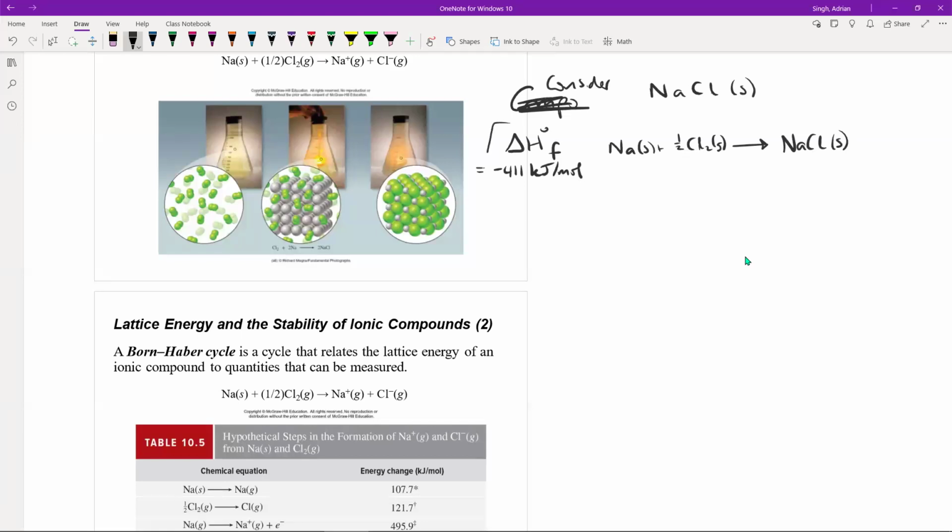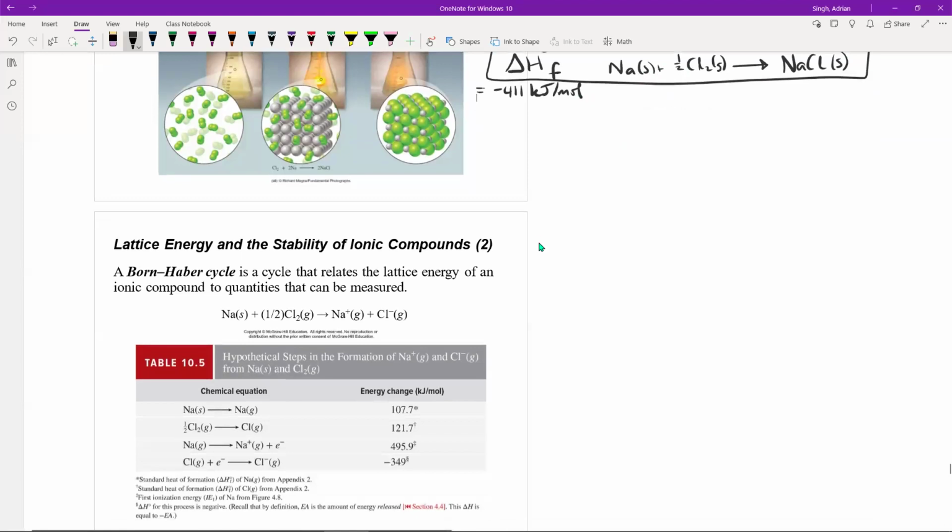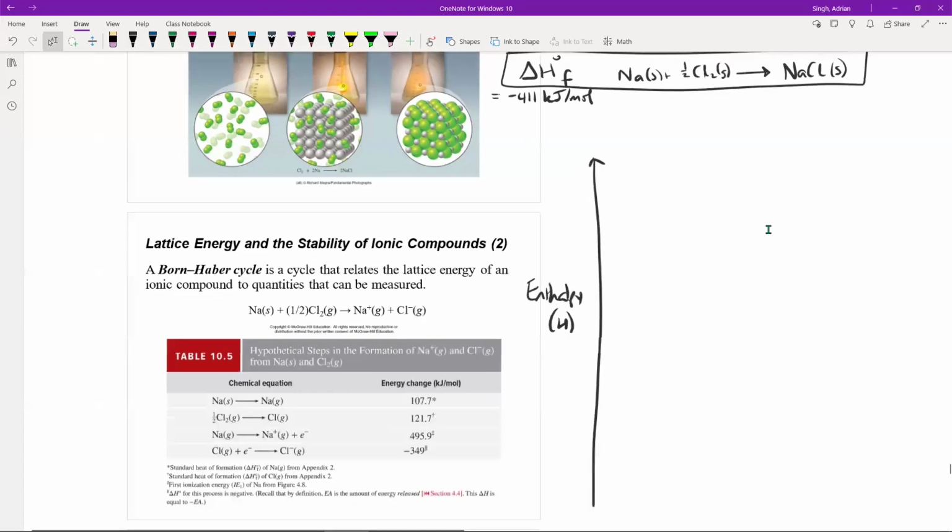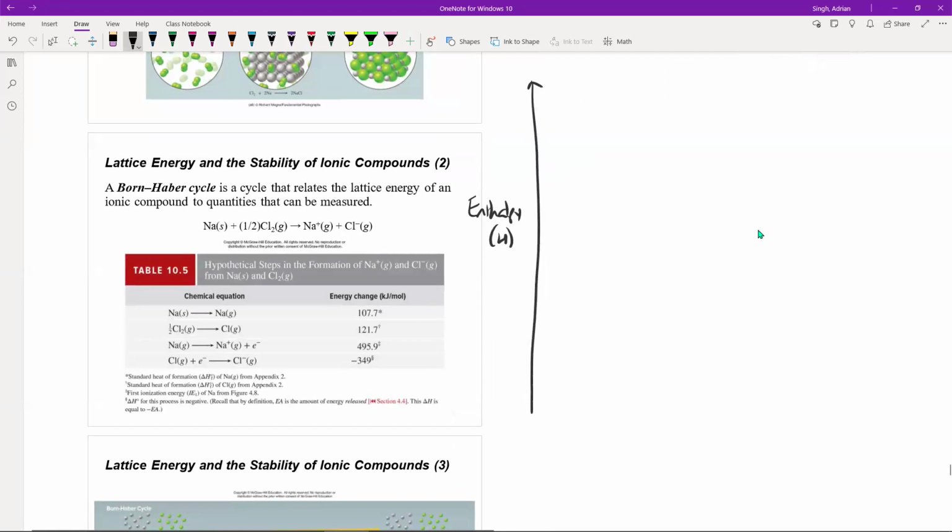Okay, so we've seen this before, the delta H of formation, the standard enthalpy of formation for compounds, the formation of 1 mole of that thing from its elements in their standard states. So if we consider that overall reaction, how does that actually happen in the first place? This is where we're going to start constructing a Born-Haber cycle. We have here on the y-axis our increasing enthalpy, which again has the symbol H. So if we consider the formation of NaCl solid,